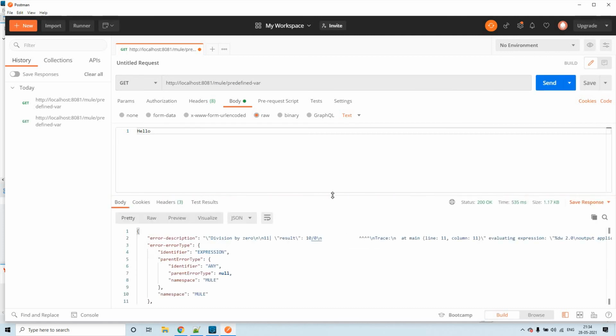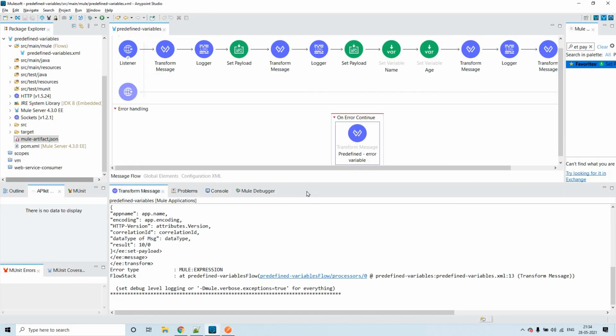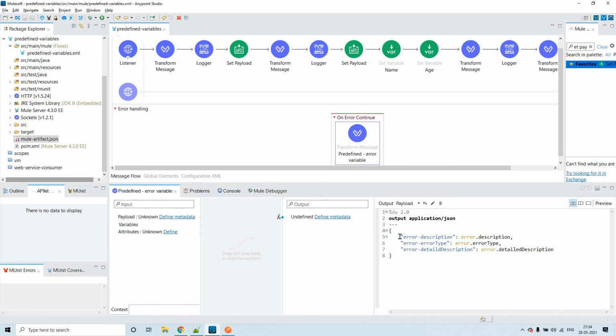Click on send. See, now we got the error payload, whatever I have constructed the payload with. I have put the error description, error type and error detailed description, so these three things.